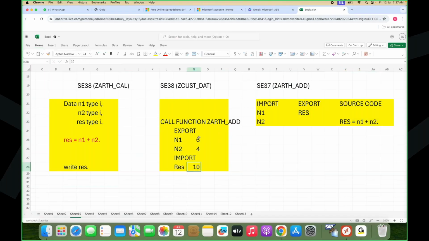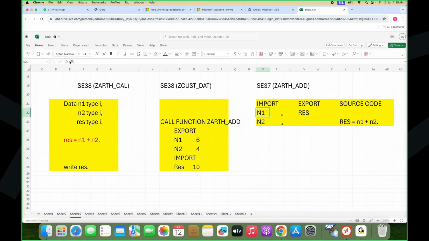So you need to provide the inputs to the function module. So input is, we are giving 6 and 4. When you give the inputs, this function module will call this ARTH arithmetic operation, and then it will pass whatever inputs you have given to the import parameter,